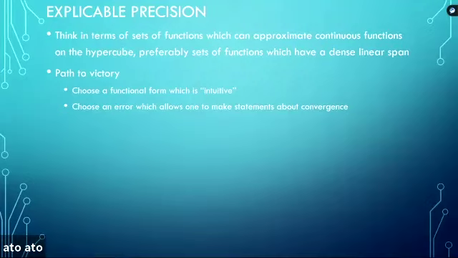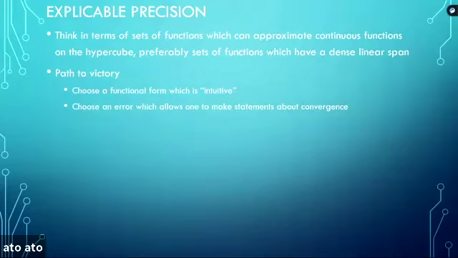Like, maybe. Model opacity is a subjective judgment, right? A neural net makes sense to me. Simple linear regression does not make sense to my mother. So just a line through data is just too much for her. So model opacity is a subjective thing. So when you're choosing a functional form which is intuitive, what I mean by that is you need to be thinking in terms of what would the stakeholder of the model accept as evidence.